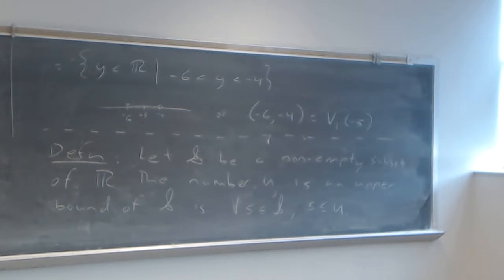To be an upper bound of a set, you're bigger than or equal to everything in the set. That's what it means. That's what we're saying. A definition that goes along with the previous definition